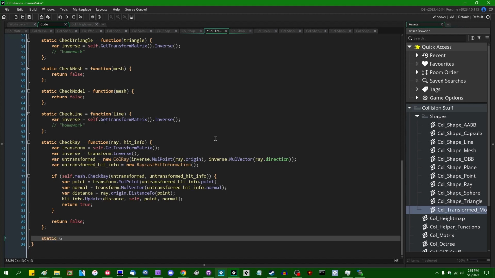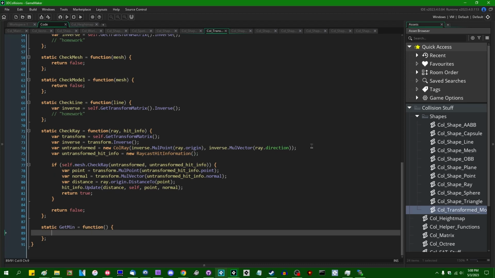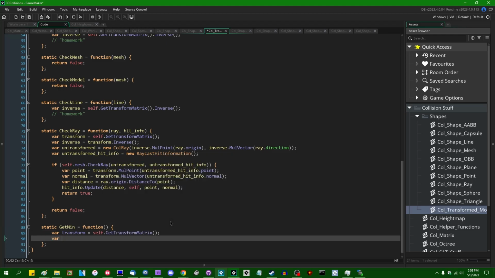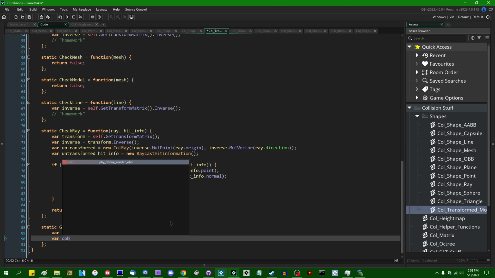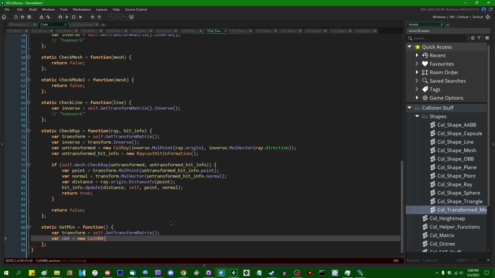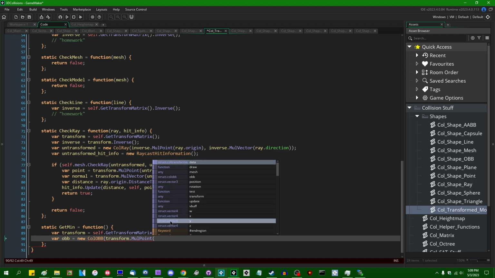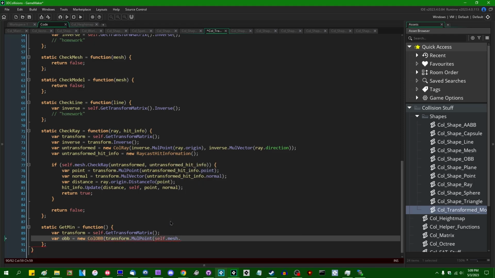Let's say static get min. It's going to be a method to firstly get an ob, which encompasses a transform model. I'm going to say var transform is going to be self.get transform matrix. The ob, which we're looking for, is going to be a new call ob. Our position is going to be transform.mul point self.mesh.bounds.position. That's a bit of a mouthful. Our size is going to be